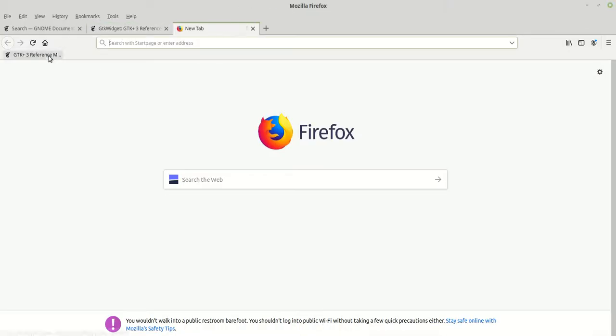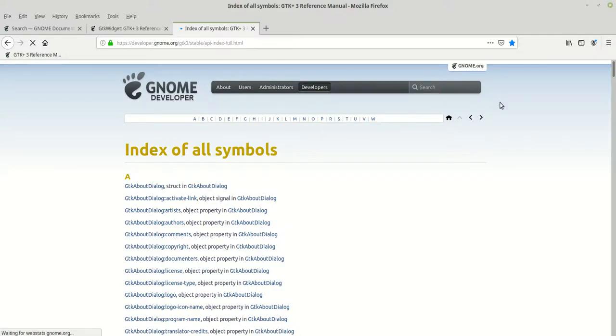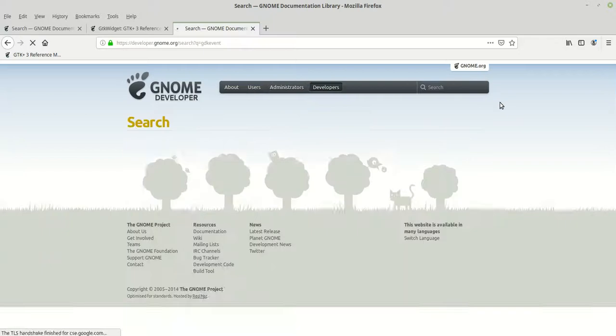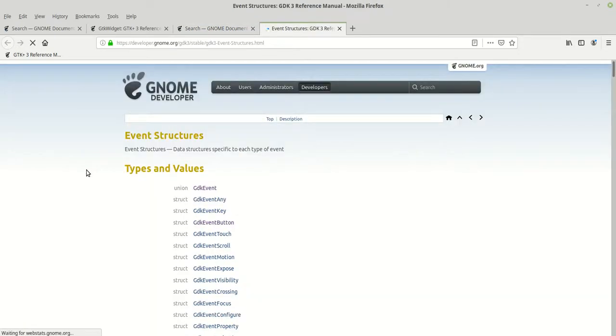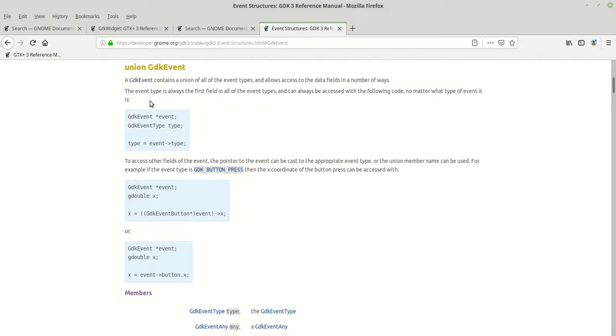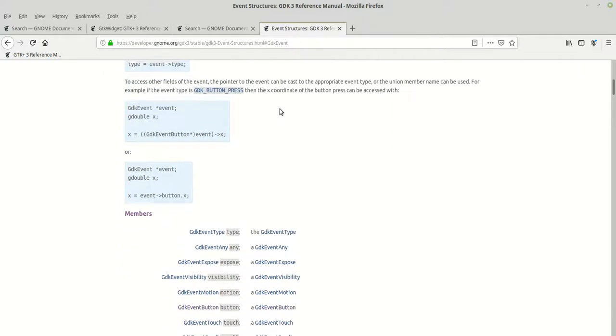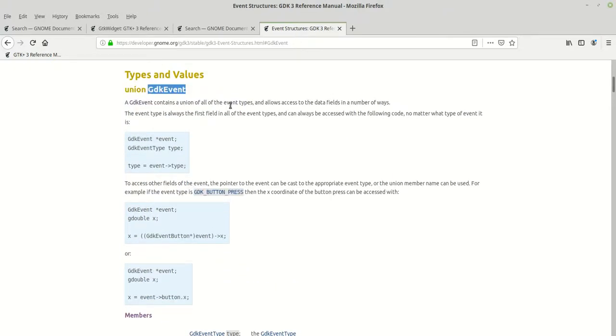We didn't talk about it too much, so let's see what kind of members this event structure has. Gdk event. Okay, Gdk event structures. We go inside and it says the Gdk event structure contains a union of all of the event types and allows access to data fields in a number of ways. Okay, that being said, we know that this Gdk event union